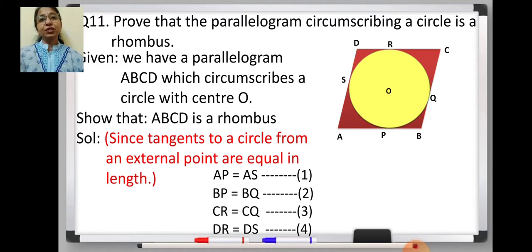So in the last video lesson we have seen one sum of this type. How do we add? Left hand side with left hand side, right hand side with right hand side. So you have to group them in such a way that AP plus BP is equal to total AB. You should get the complete side of that parallelogram. So AP plus BP plus CR plus DR, and here you combine AS with the last 4th equation DS and this BQ with CQ. So let us see.